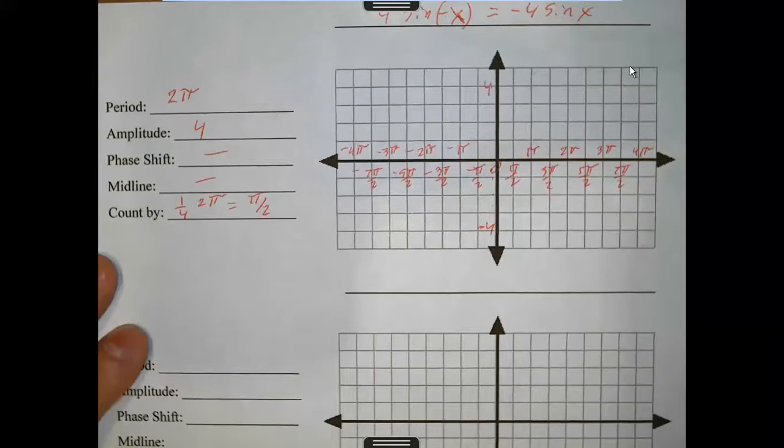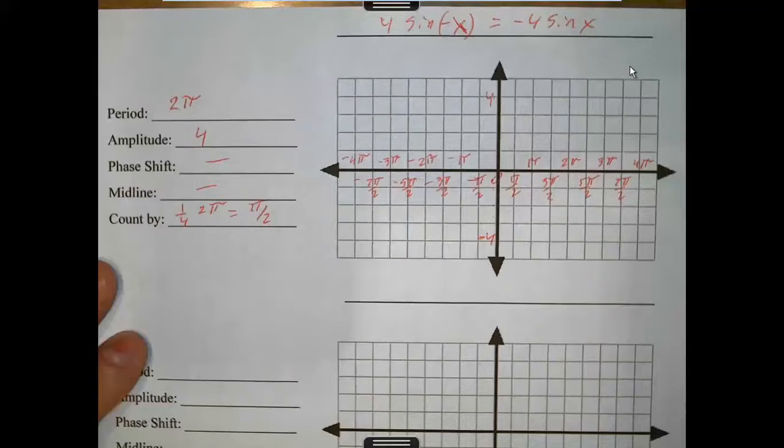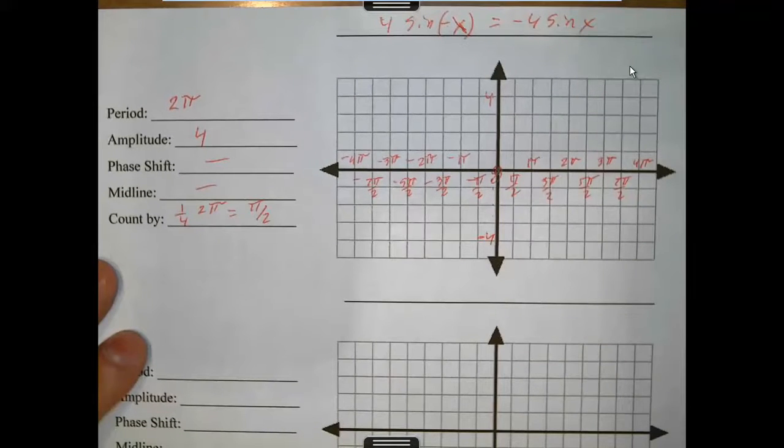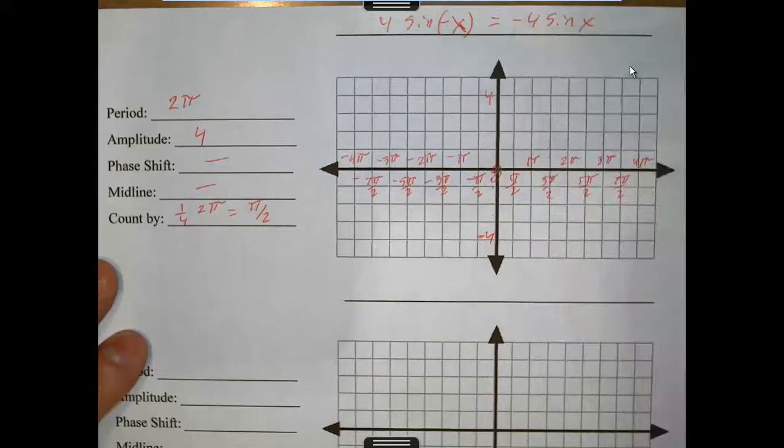Okay. Now, this is a sine graph. Sine graphs start at the origin. Now, this sine graph is flipped upside down because of the negative. So therefore, I go down. So I go to negative amplitude,